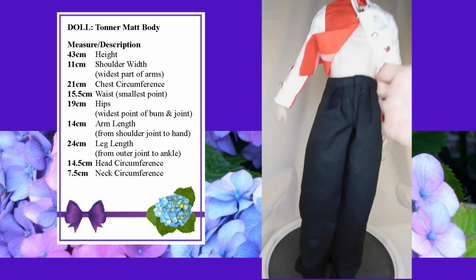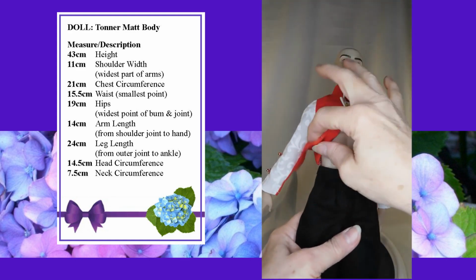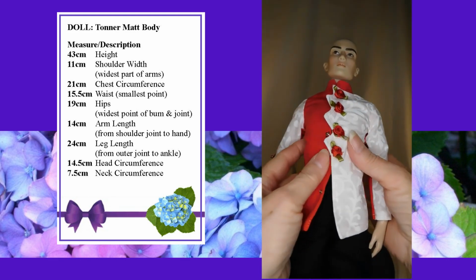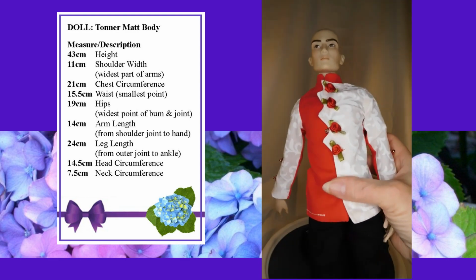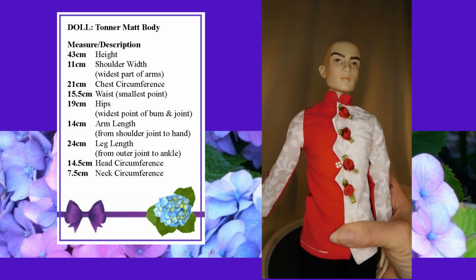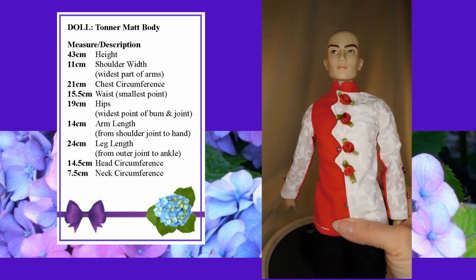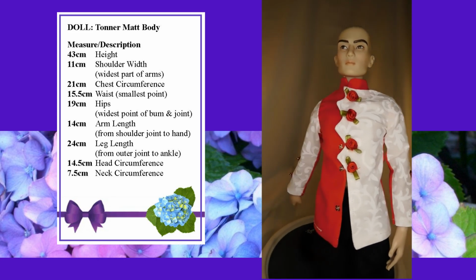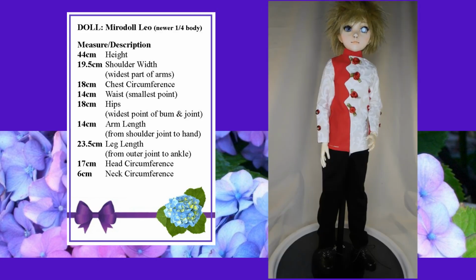But his pants fit really well on the Tonner style, but the jacket is very, very snug, but it will go on him, but it's just very, very snug. So there's the Tonner matte guy. So now we'll take a look at this outfit on another doll. Next up is the Miro doll quarter scale body. It's the newer body, my Leo here, and the